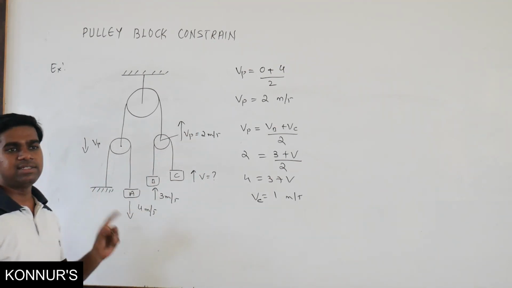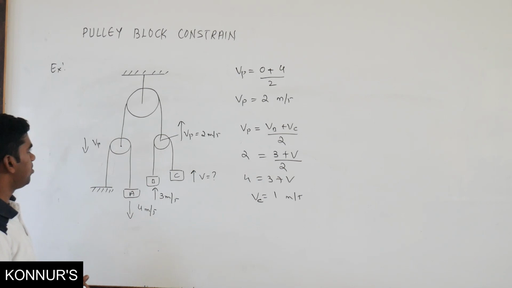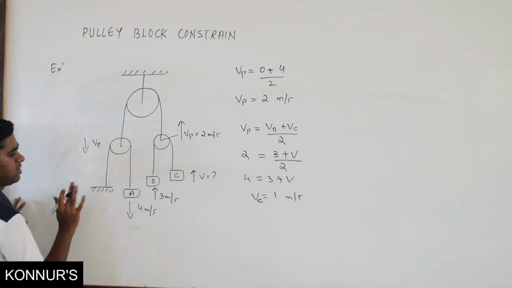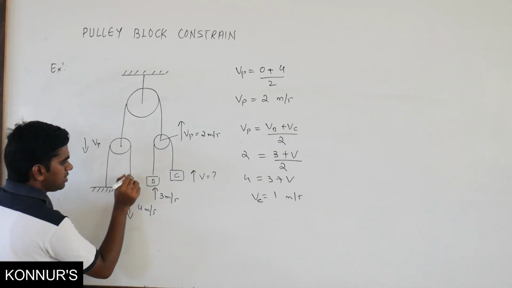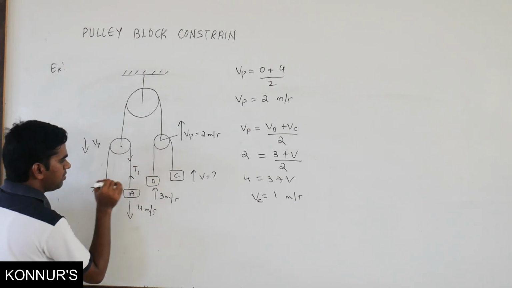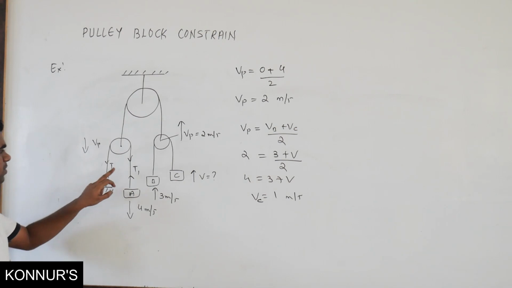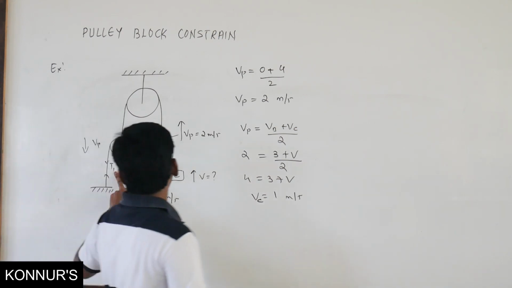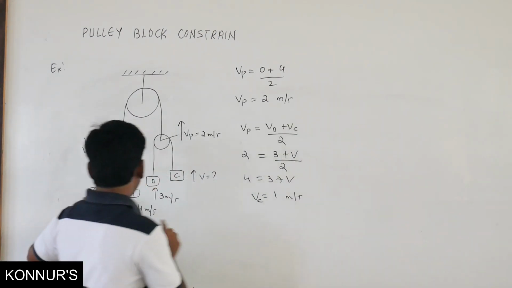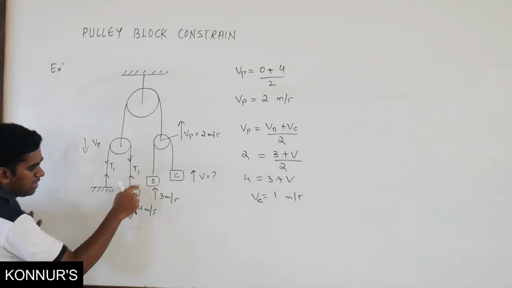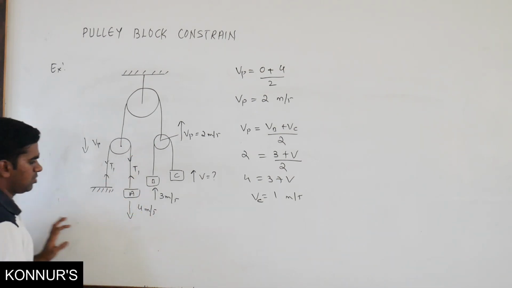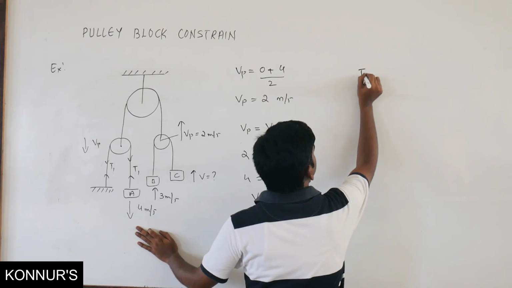You can apply the tension method also here. How can we apply the tension method here? Apply to this side. So what is the tension? Tension is here, you can take it as T1. If you take this as T1, what can you apply here? Tension is in the upward direction, velocity is in the downward direction. So T1